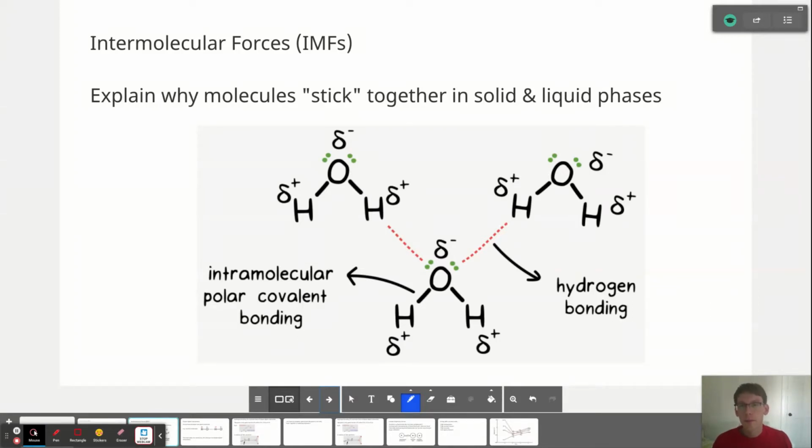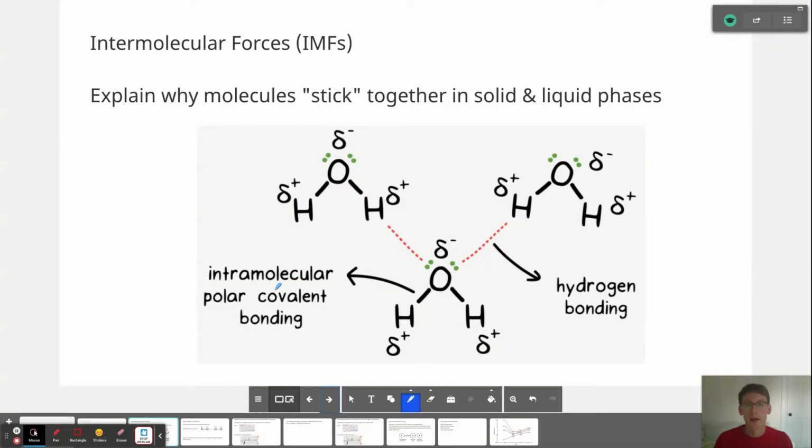When you think about it, until now we've learned why atoms chemically bond to one another and form molecules through covalent, ionic, or metallic bonding. But we haven't actually discussed how molecules exist and aren't just floating around freely and separately from each other in the gaseous phase. Why is it that we have liquids? What is causing molecules in the liquid phase to stick together? And same with the solid. Well,